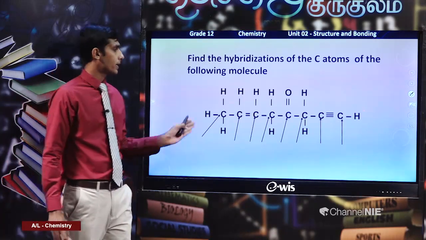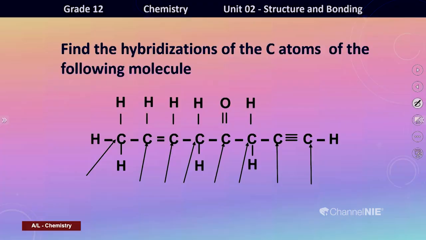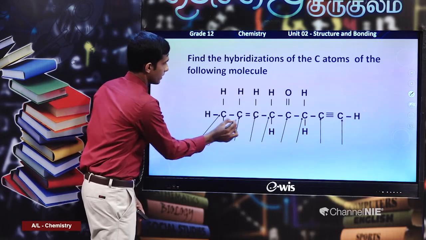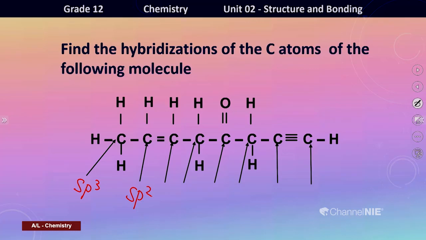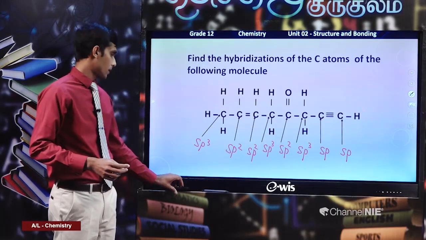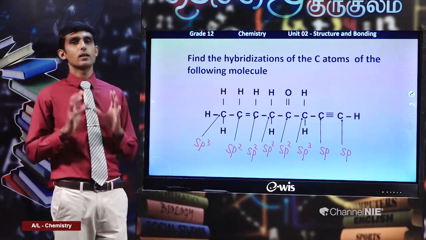Now, in this example, I can easily find the hybridization of each carbon atom. You can see in organic compounds, in molecules, different atoms of the same element have different hybridizations. Here 4 VSEPR pairs, sp3. Here 3 VSEPR pairs, sp2. Here also the same, sp2, sp3, sp2, sp3, sp and sp. Likewise, we can deduce the hybridization of a given atom based on the number of VSEPR pairs around that particular atom.